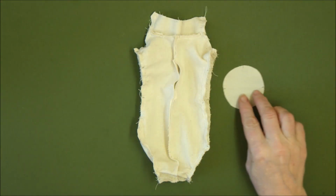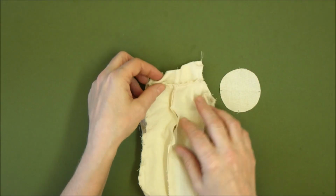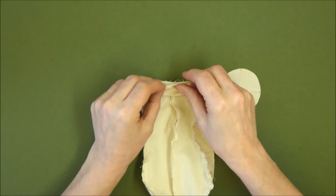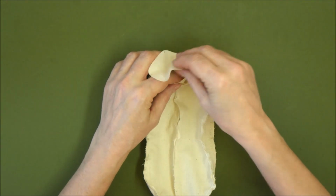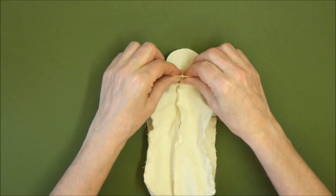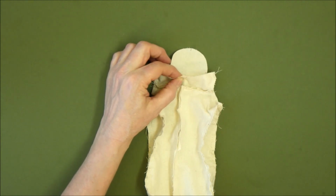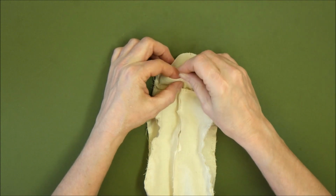Now the neck gusset and the head gusset are the same. It's a circle, it's got 4 notches, and we're going to place the first one into this section at the top of the neck. And really handy, we have notches on the front and the back of the neck, notches on the neck gusset. So line those up first of all. Pop a pin in there,